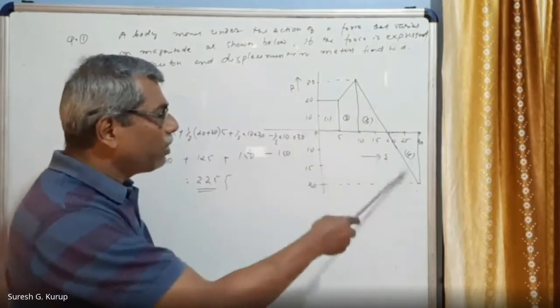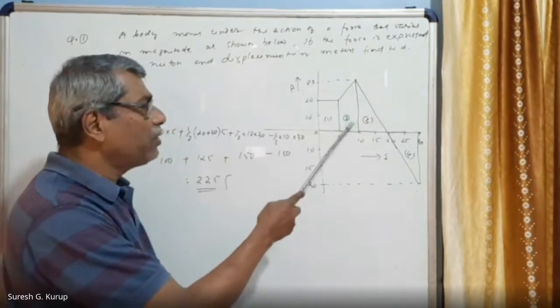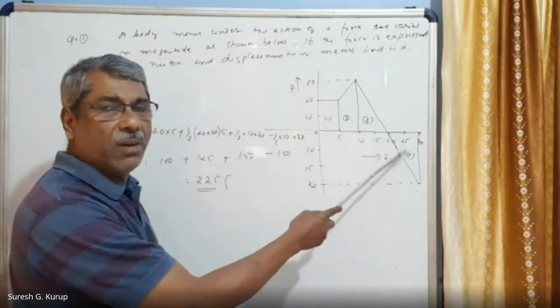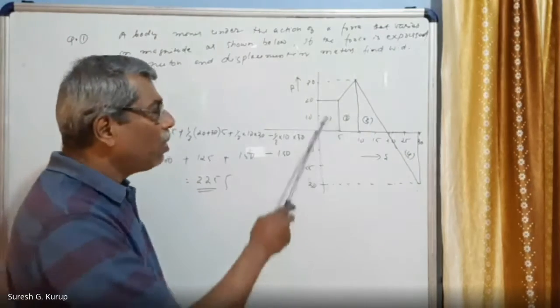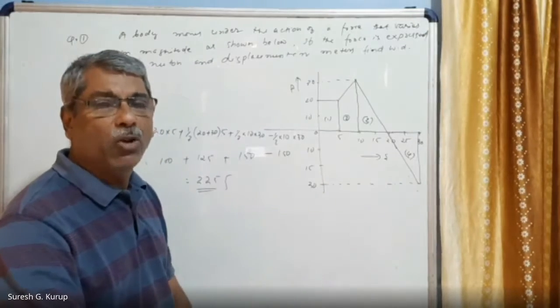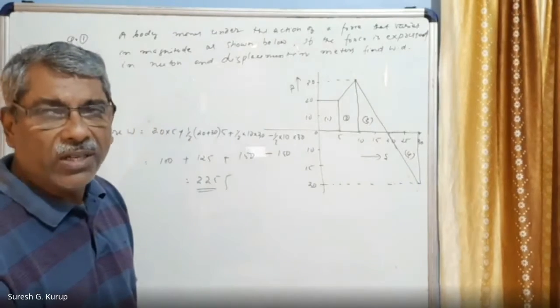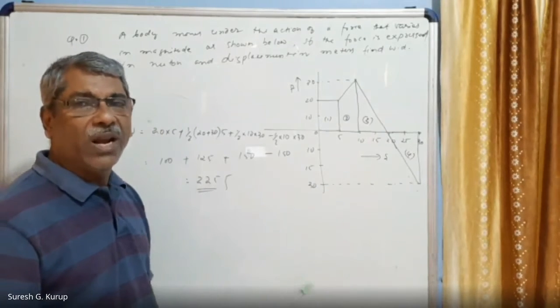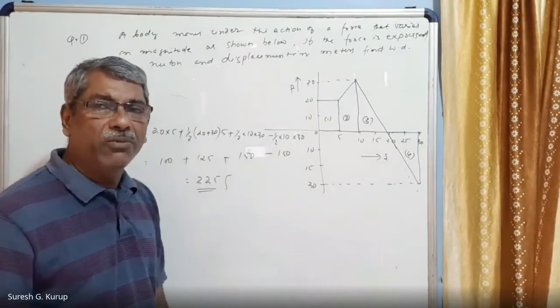If you can calculate all the values of these areas, area of this plus area of this plus area of this plus area of this. But this is a negative quadrant. That area must be taken as negative. All the other areas in the positive quadrants are taken positive. That will be added together and this part will be subtracted. Then you will get the total area. You will write it in terms of joules. That is the total work done by the variable force, right?